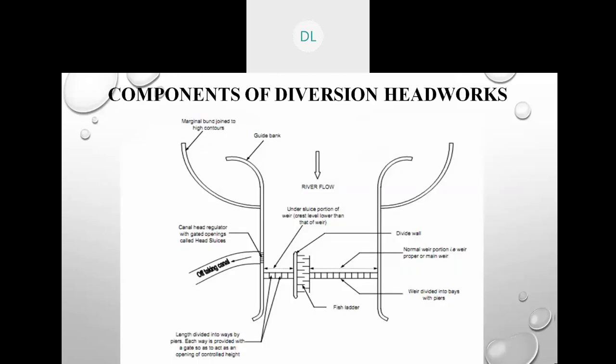And this is now the diversion headwork which we design. Mostly civil engineering professionals deal with these structures. This is a very beautiful picture here on the screen. Look at this. It gives you a notion of how many structures are there to divert the water into the canal, and the canal which is being diverted will take the water to the farms. Where is the canal? Let's see. This is an off-taking canal. Look at this. Are you okay with this?